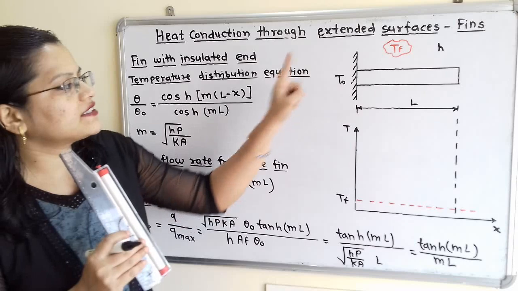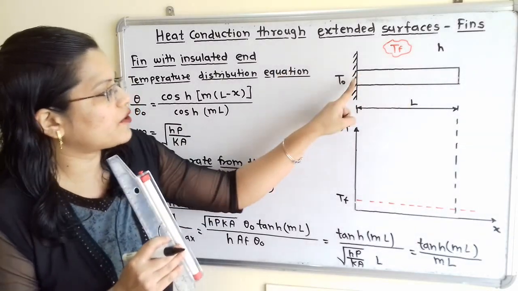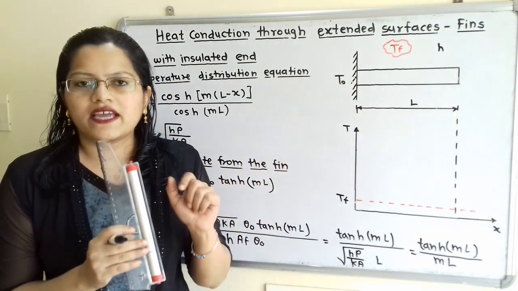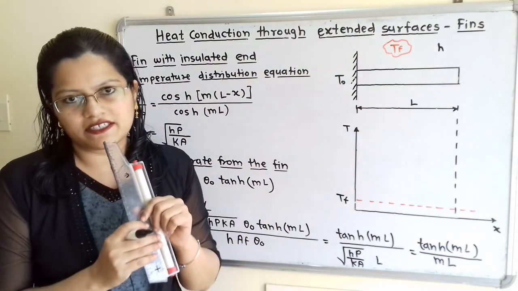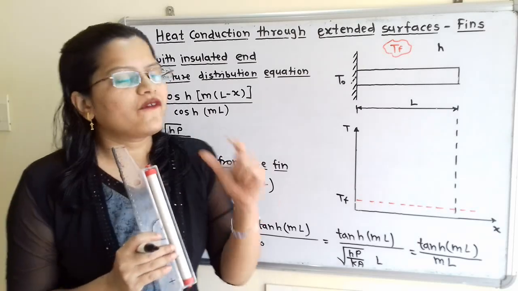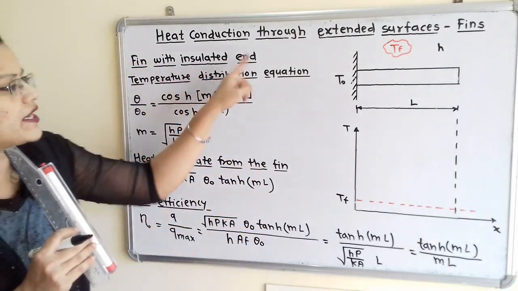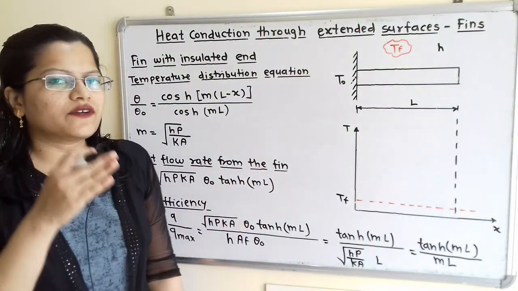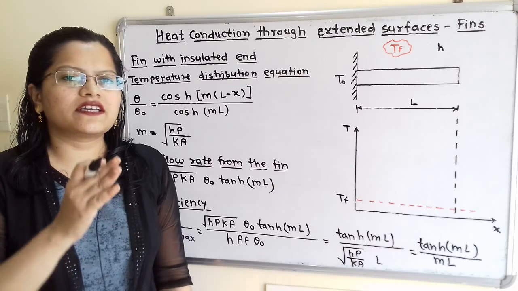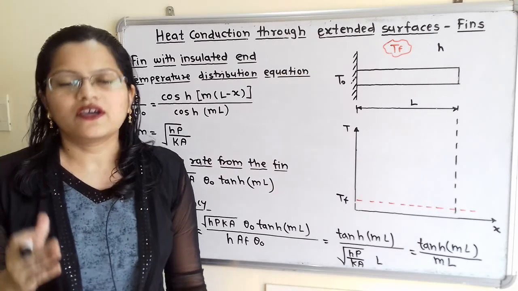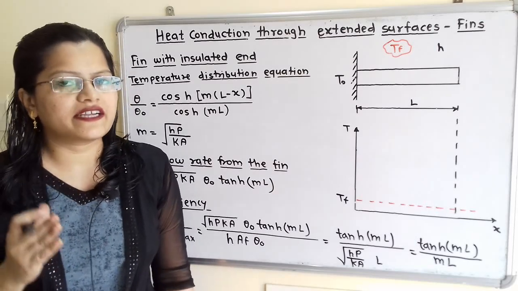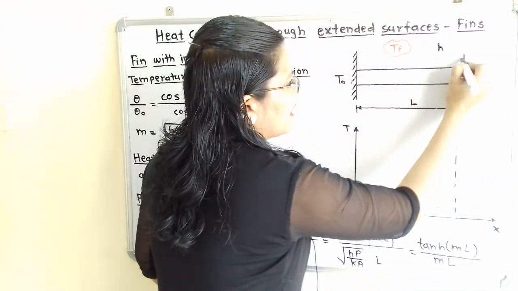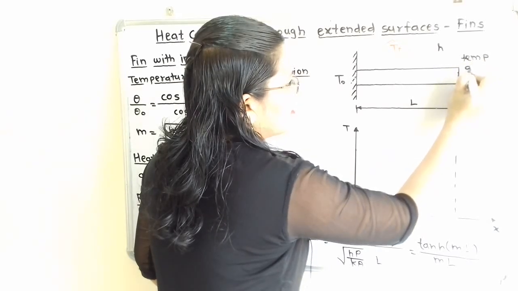Now as the heat is conducted through the fin from its base to the tip of this fin, its temperature is getting decreased. And here the type of fin is fin with insulated end, that is, the tip of the fin is insulated. Whenever the fin end is insulated, that means there is no heat transfer, or we can say temperature gradient is equal to 0. So at this end we can say that the temperature gradient